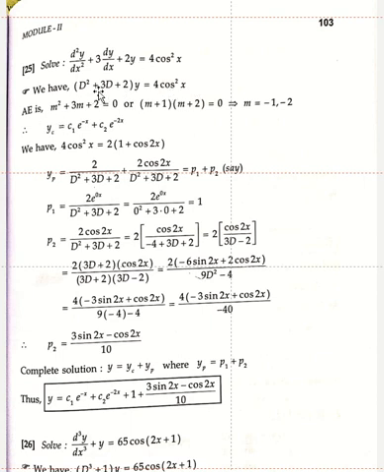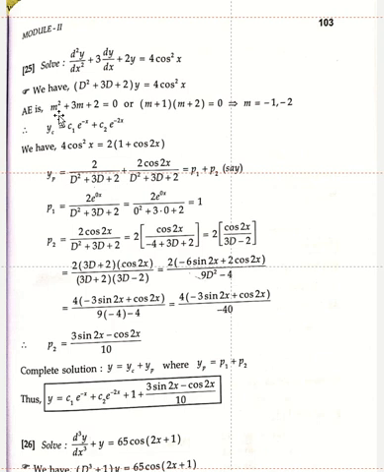What is the auxiliary equation? M square plus 3m plus 2, that is equal to 0. Don't write y. Here what are the factors? M square plus 3m, which can be written as 2m plus m, plus 2 is equal to 0. Here m plus 1 is the common factor. Therefore, if we take m plus 1, what is the remaining term? M plus 2, that is equal to 0. Therefore, m is equal to minus 1, minus 2.